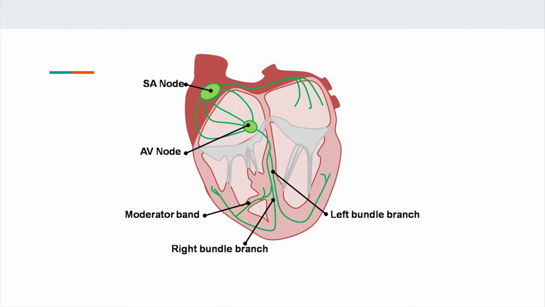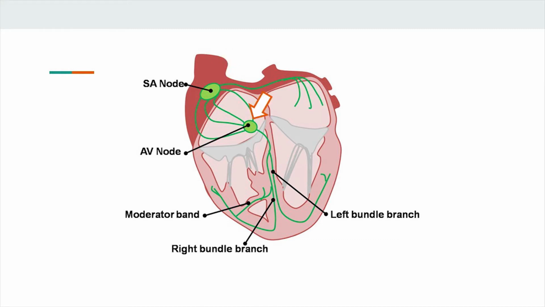The heart's electrical system starts with the SA node, or the sinoatrial node. The SA node is the pacemaker of the heart and is located in the right atrium. Its signals are conducted by specialized cells that can conduct cardiac action potentials very quickly and allow for a fast and synchronized contraction of the heart. Although the cardiac action potentials can be conducted from myocyte to myocyte, this is much slower than being conducted by these specialized cells. So the signals from the SA node cause the atria to contract, then move down to the